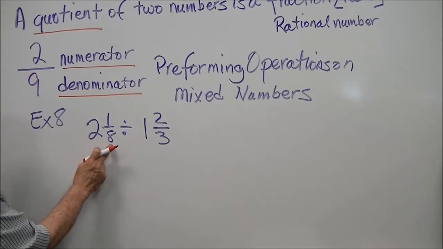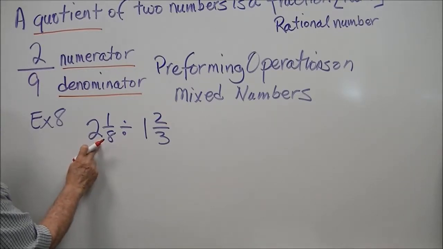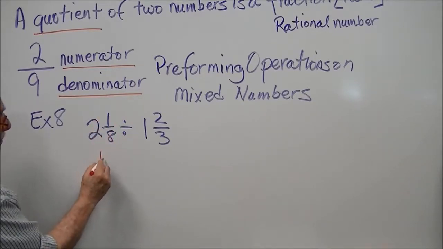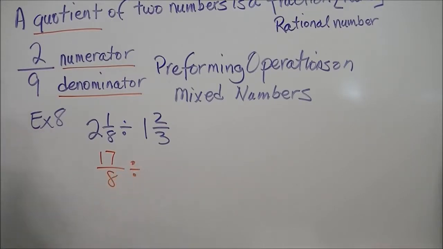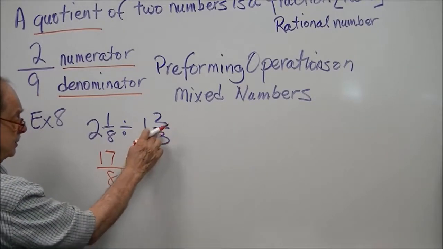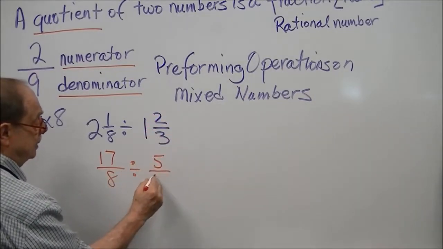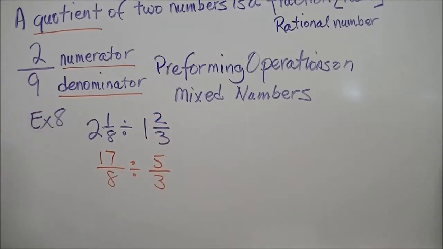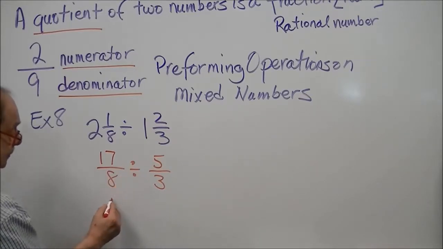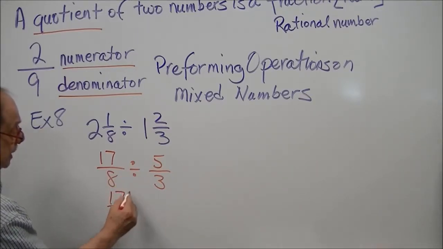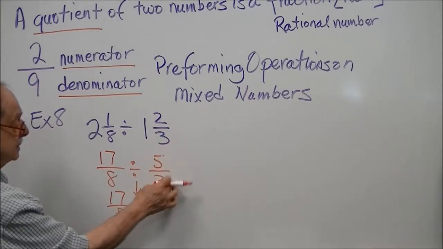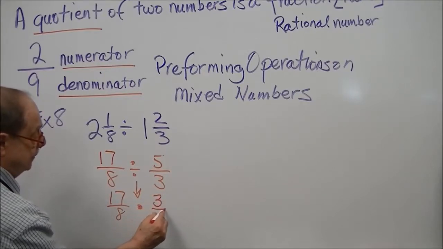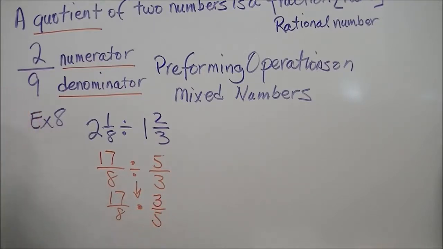So the first thing we must do is convert this mixed number into an improper fraction. And we do so by multiplying the denominator of the fraction times the whole number. 8 times 2 is 16, plus 1 is 17 over 8. Divided by 3 times 1 is 3, 5/3. Now we are going to convert it to multiplication. Take the reciprocal of this, which is then 3/5, and now we can do our